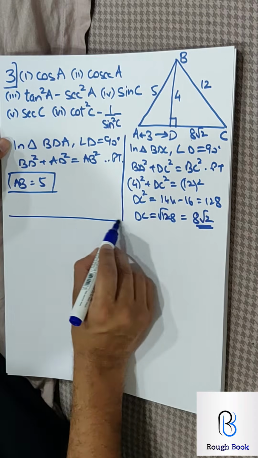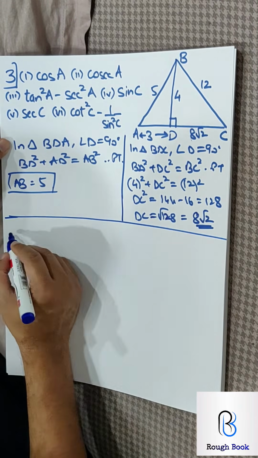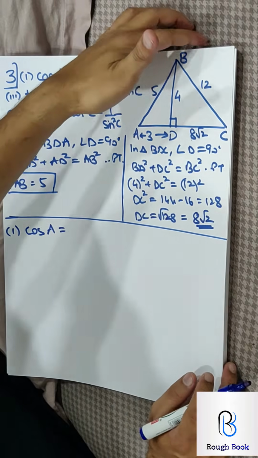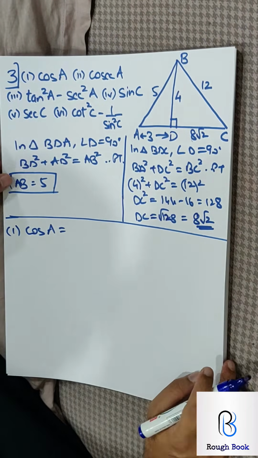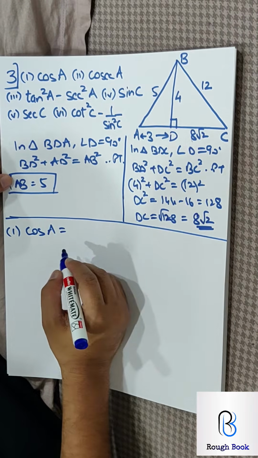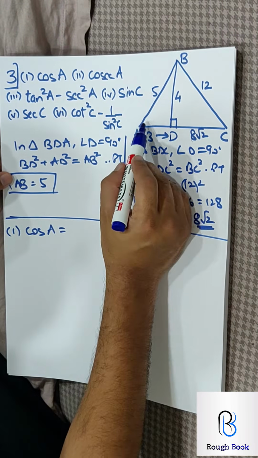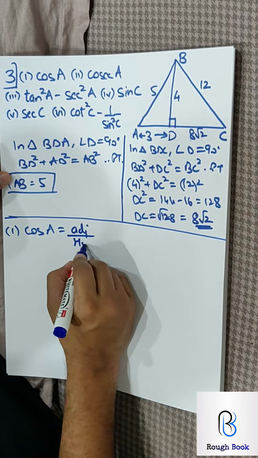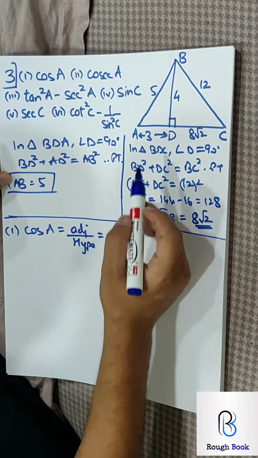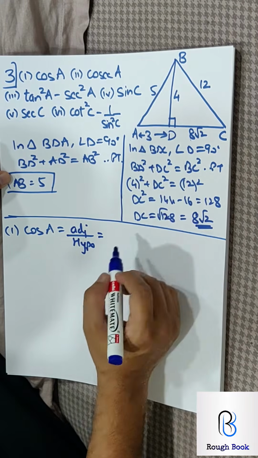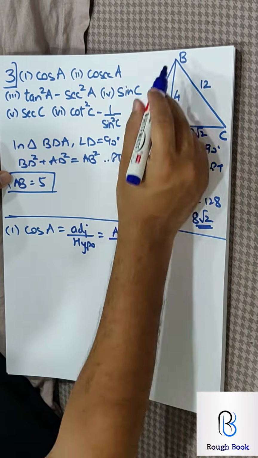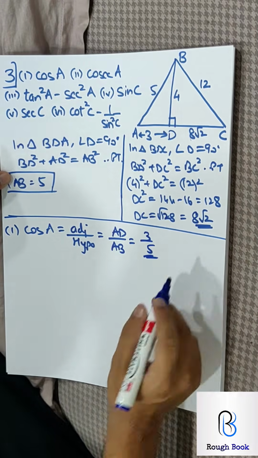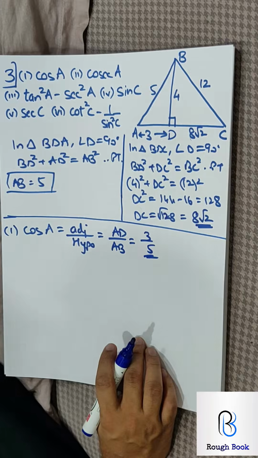Now once you reached here, let's hit with each ratio. So the first one, cos A. Let's make no mistakes. If I do any mistake, no homework for today. Chalo, let's try. So cos A, I am joking, don't take it serious. So cos A, cos is adjacent upon hypotenuse. So adjacent for A is AD and hypotenuse AB. So that is going to be 3 by 5. Alright, come on, hit each one quickly.